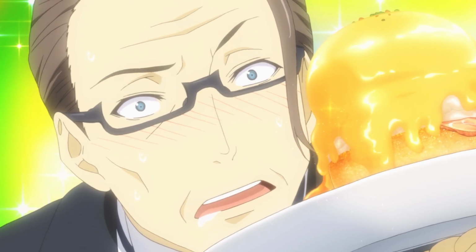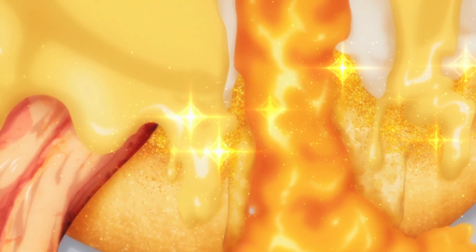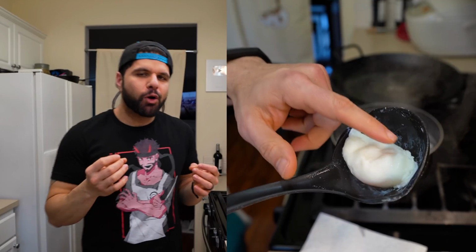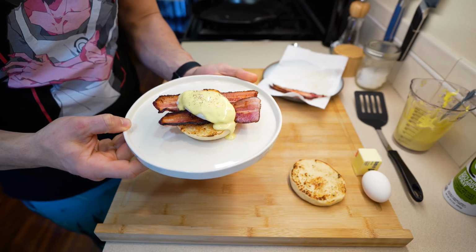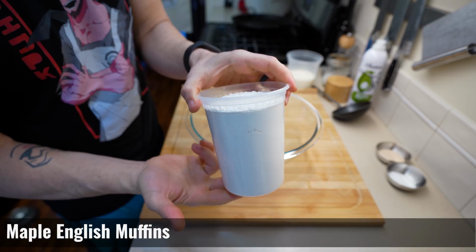Maple muffins, crispy bacon, poached eggs, hollandaise, and fish powder sprinkled on those muffins that we're going to spend so much time making. To make the Queen's Benedict, we do need to start by making our own maple English